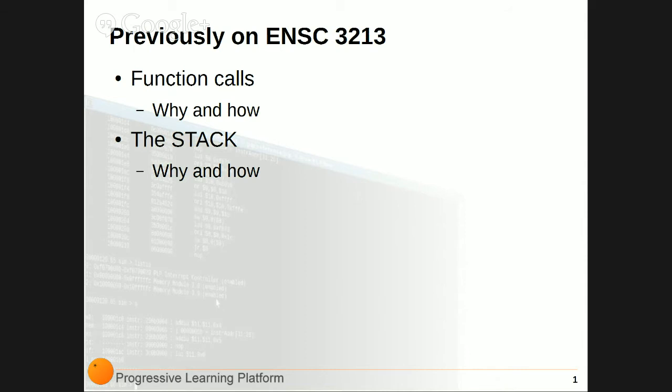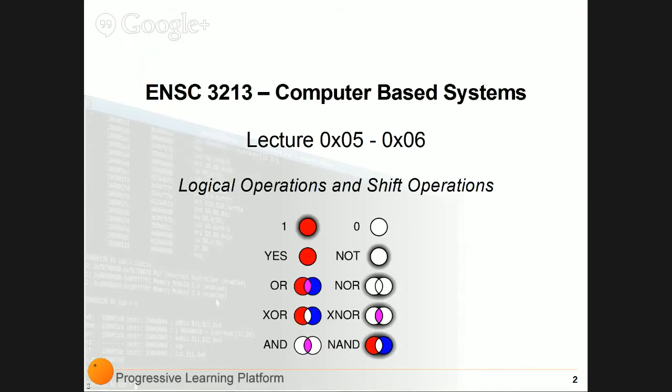Now today, we are going to talk about logical operations and shift operations. So I asked before whether you still remember your logic gates from Pre-Science 1 or programming class. In PLP CPU, you only have 3 logical operations: and, or, and nor. So the reason we have nor is because why not? Because we can implement a not with a nor. How do you implement an inversion with a nor?